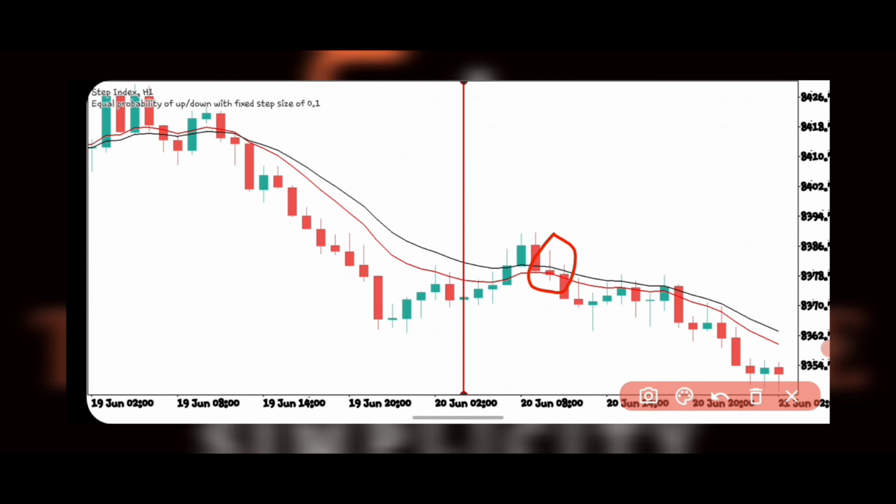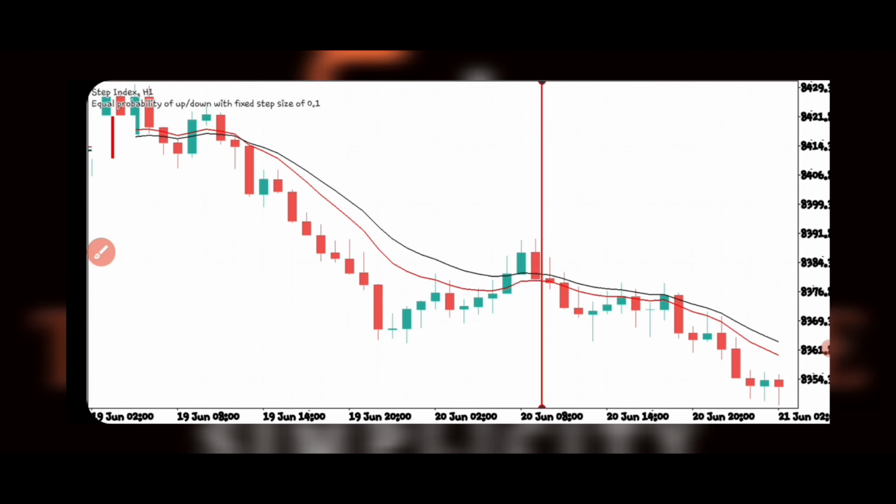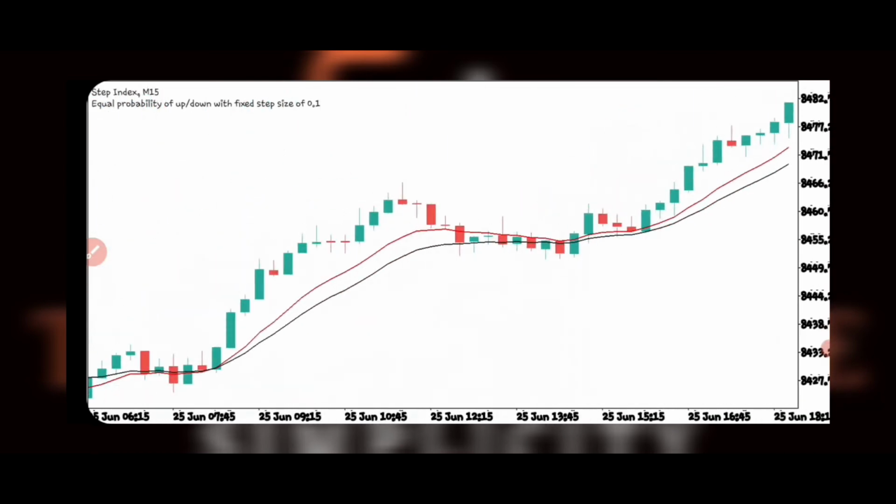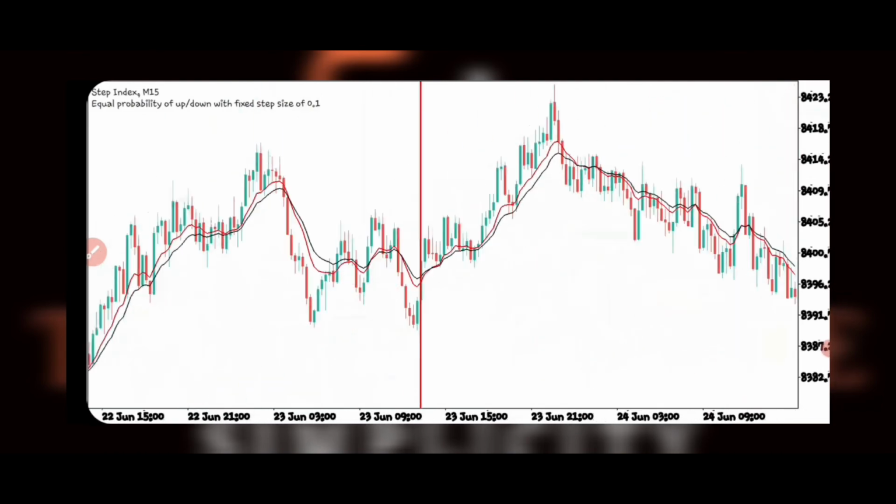So after price closed below the moving average, the next thing I want to do is to go back 4 time frames. 60 seconds make 1 minute, 60 minutes 1 hour. So I want to divide 60 by 4, and then we'll get 15. That means I'm going to the 15 minutes time frame. So on the 15 minutes time frame, I want to see price playing above